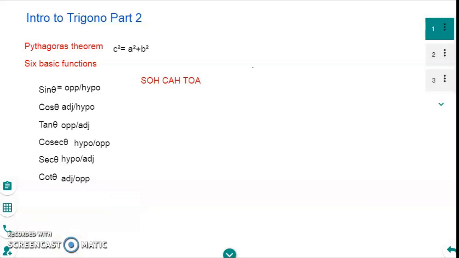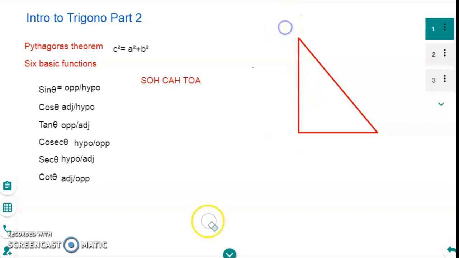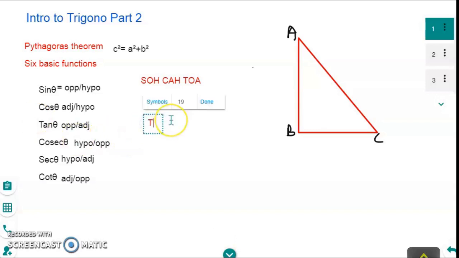Okay, so let's say this is our triangle, and we are going to name this triangle A, B, C. And so in the problem it says you have a value of tan A, which is